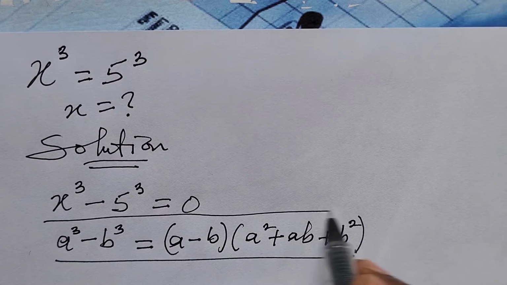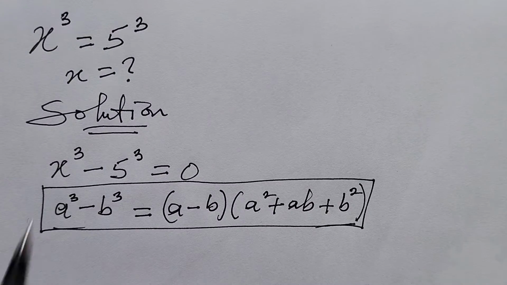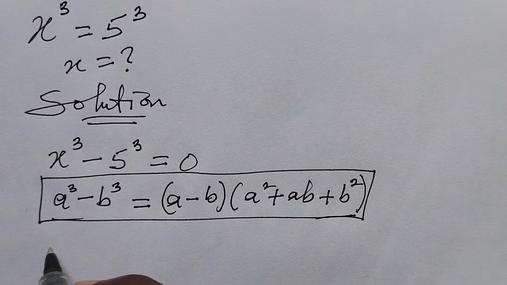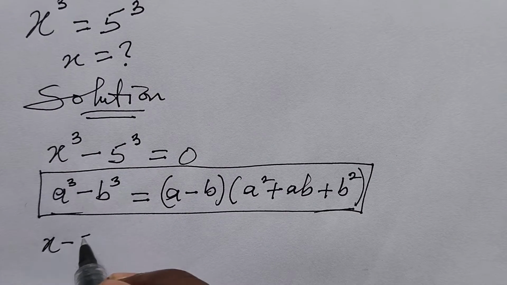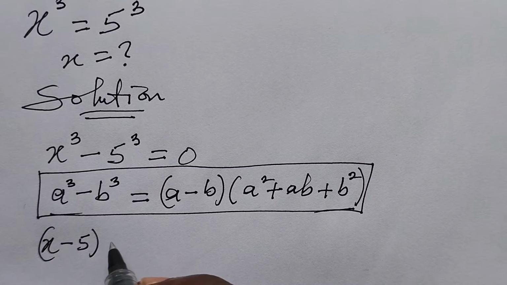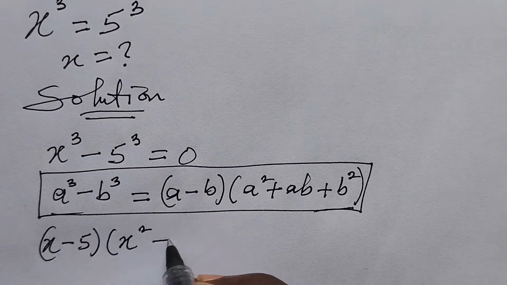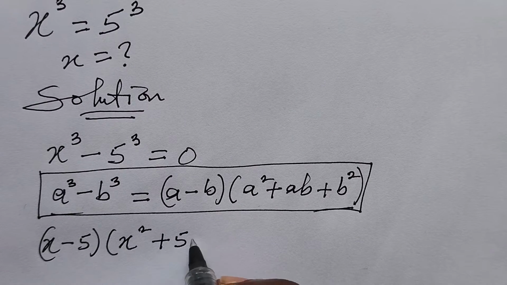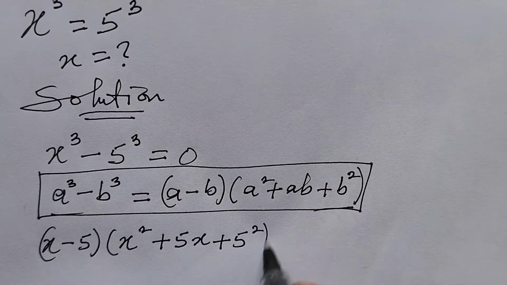So with this difference of two cubes, we can rewrite the left-hand side of this equation. So this is going to give us (x minus 5) times (x to the power of 2 plus 5x plus 5 to the power of 2)